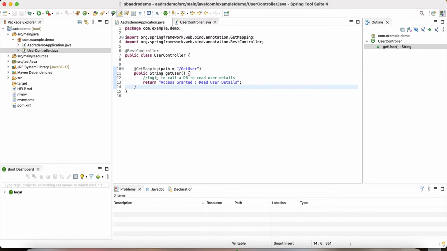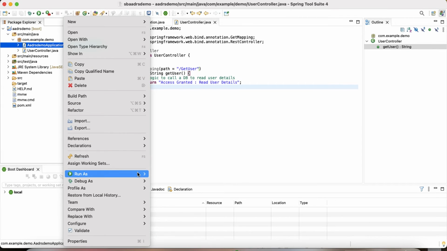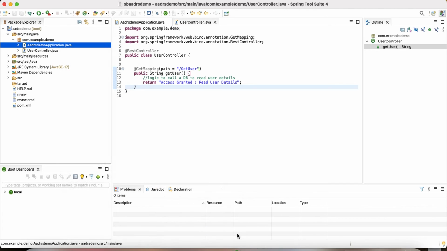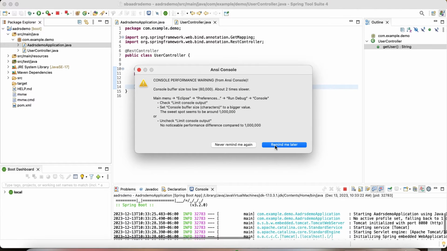So that's it. It's pretty simple in Spring Boot. You just create a Spring Boot app, then create these classes with the REST controller annotation and the get mapping annotation, and then you have an API. Let's quickly check that and see what happens. Ideally it won't work, in the sense you won't get the response